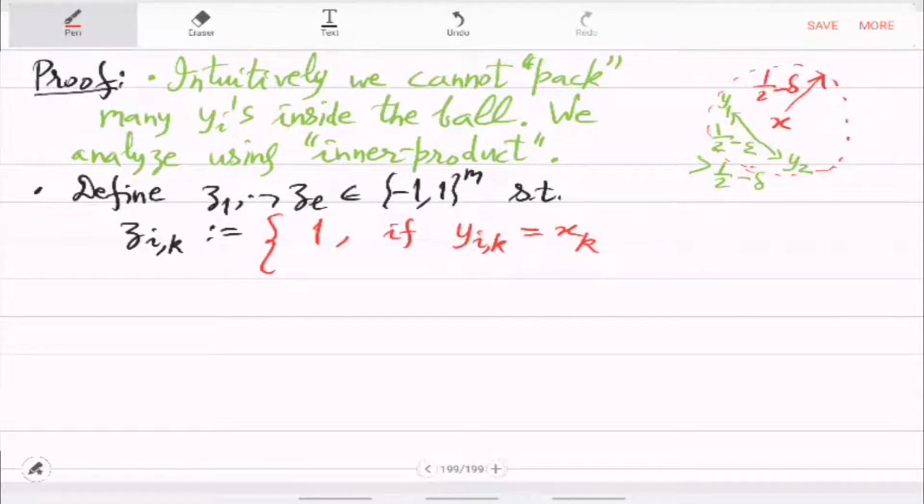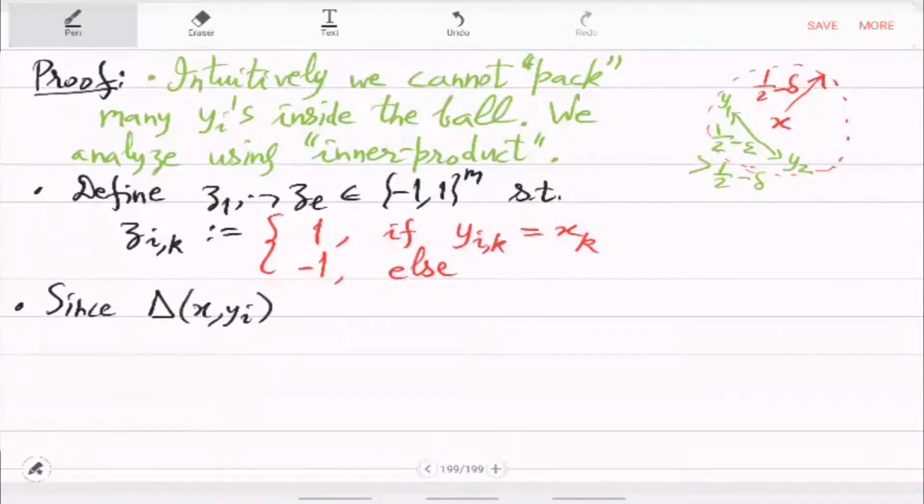So if the kth bit of yi and x is the same, that's indicated by zik as one, otherwise negative one. And now, since the distance of x and yi is small, smaller than half minus delta,